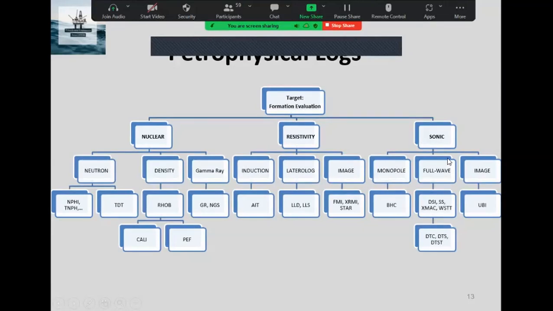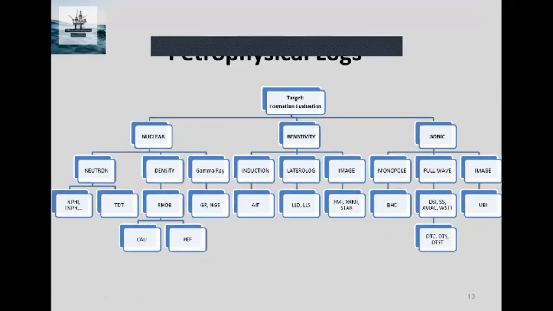And all of these types of cased hole and open hole logs may be involved in formation evaluation in open hole wells and cased hole wells.